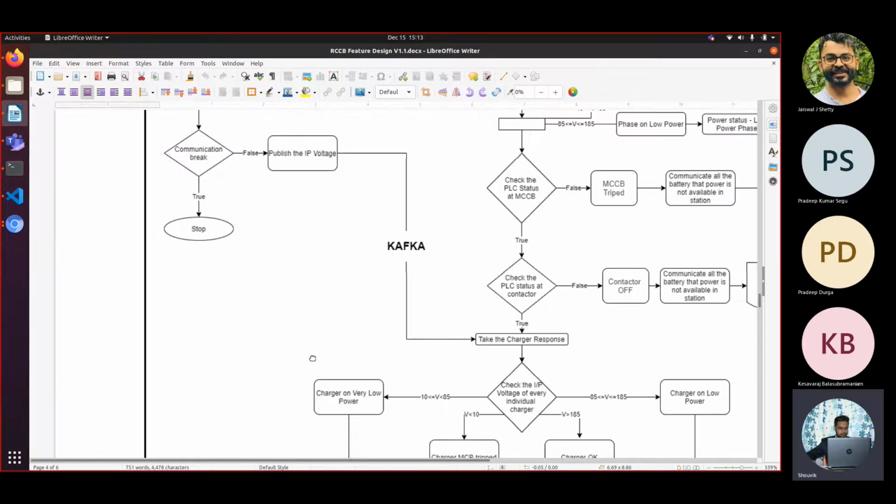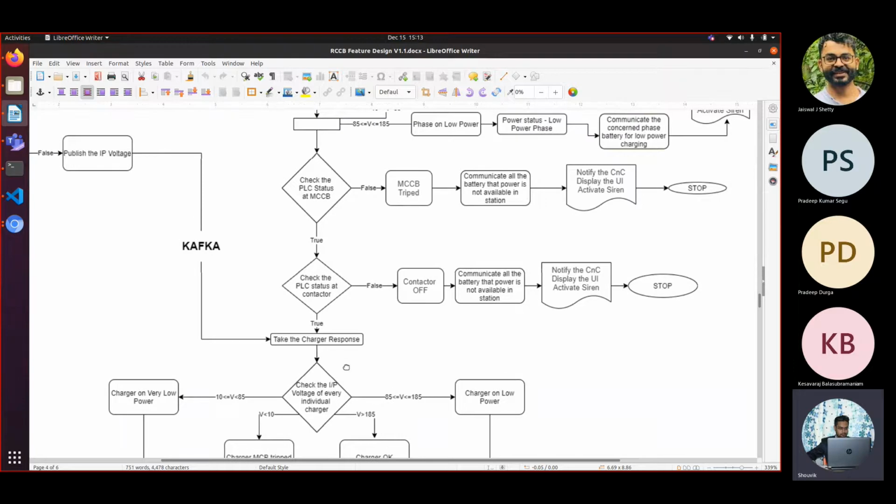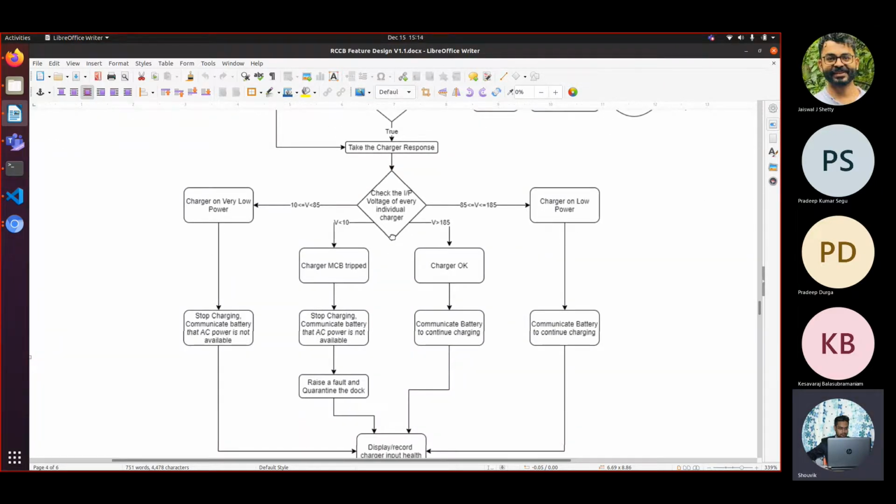Now, from Kafka, we already got the voltage information from the chargers. For each individual charger, we check the input voltage. If it is again less than 10, then the charger MCB has failed, and we term it as charger MCB tripped.